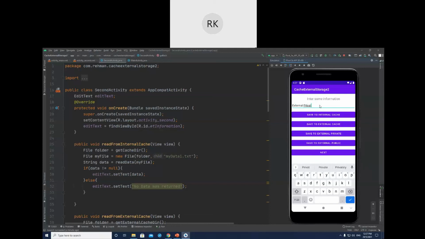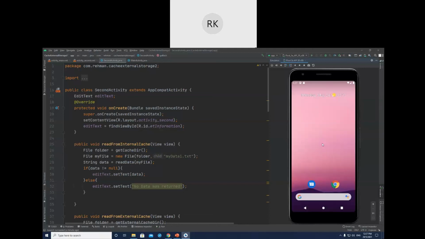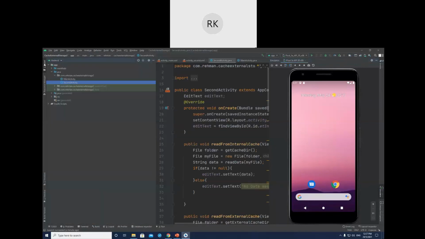Then external public. Here the system will crash, if you see, because if I go to public, the system crashes. Why? Because when you are accessing the external public directory, you need permission, and we didn't put any permission in this app. To put permissions, go to the project directory, and under the app there is a manifest folder.